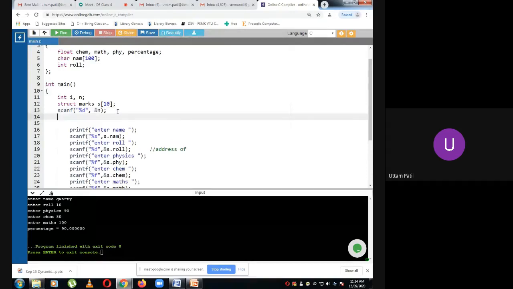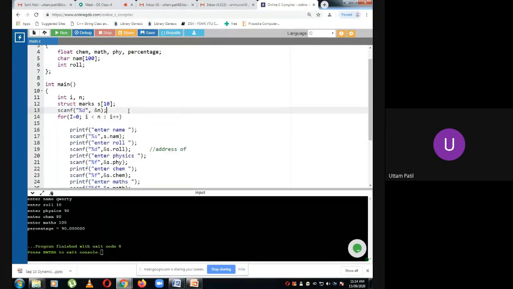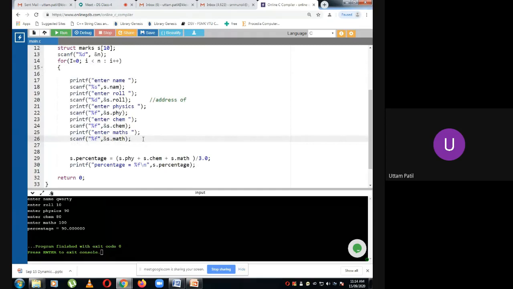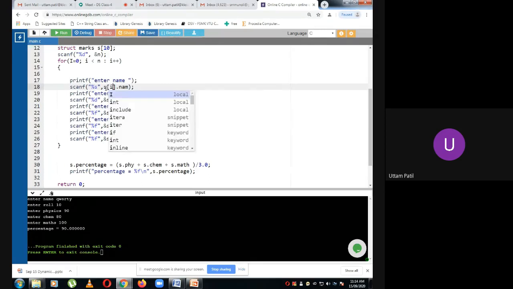Now write a loop: for i is equal to 0, i less than n, i plus plus. Then all these marks I'll be entering for n number of students. So now you have to write s.i.